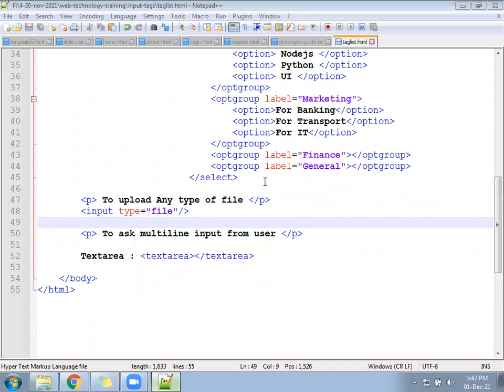Now for the input tag, we will create 6-7 pages, and in each page you will learn 2-3 new properties. So within 6-7 pages, you will remember so many properties. Everything you can't write in one file, so we will be making the notes in the developer guide and will implement it in a separate file. Then it will be quick and easy to remember. List of properties.